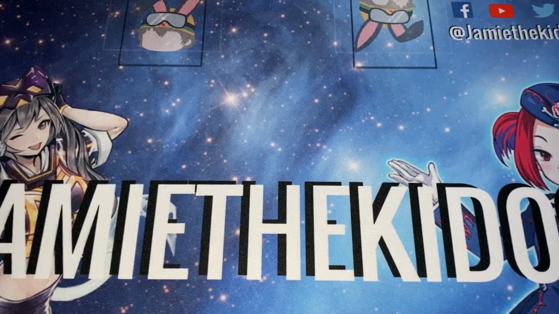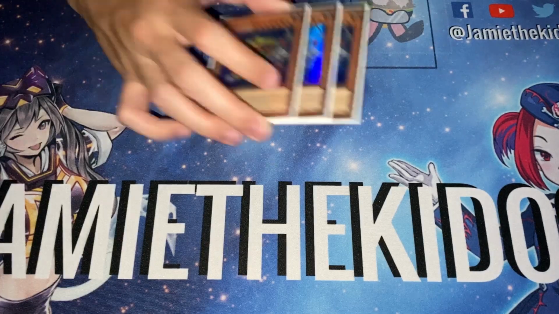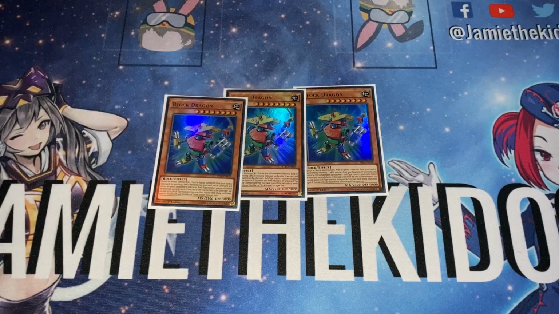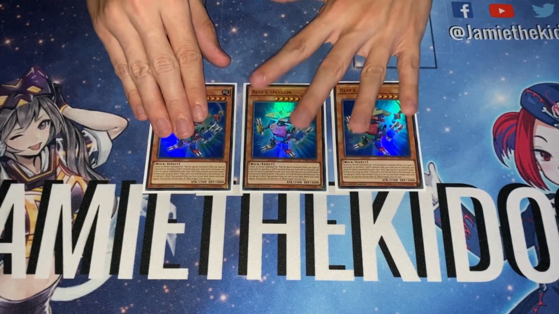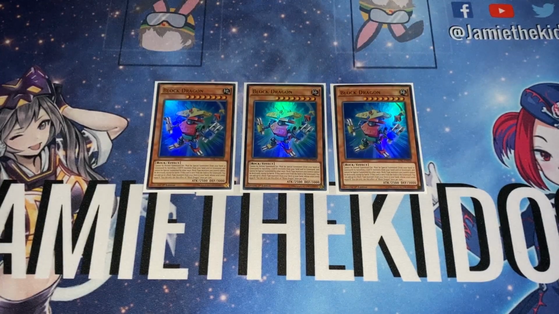A card which requires no introduction, however, in this list is the still at 3 copies of Block Dragon. Block Dragon is the deck's dragon ruler. It is absolutely obscene. The fact that it can continuously jump out of your graveyard is absolutely bonkers by banishing 3 earth monsters, of which we play a hell of a lot. The fact that you can set this card up using Union Carrier, which we'll get to in a little bit,